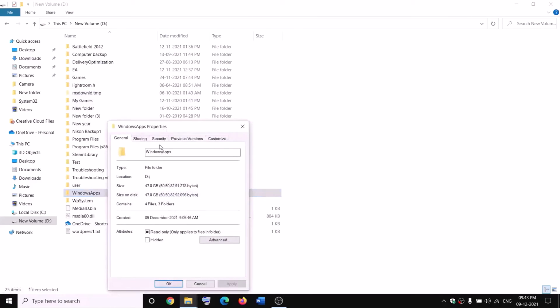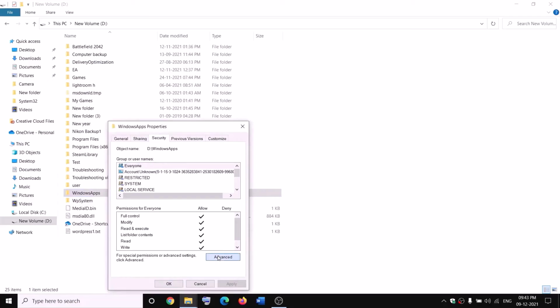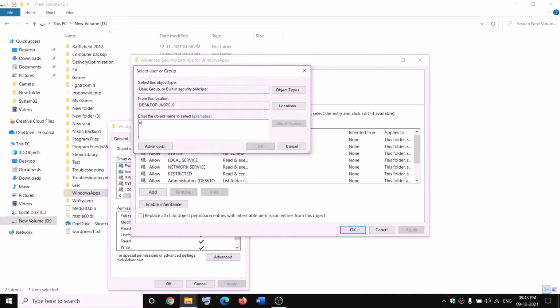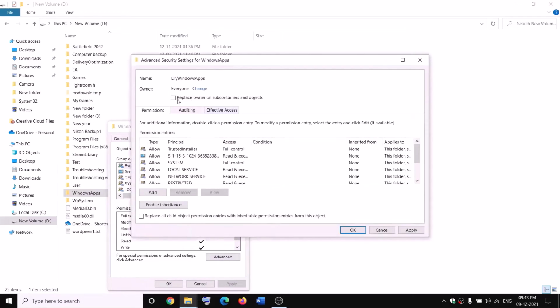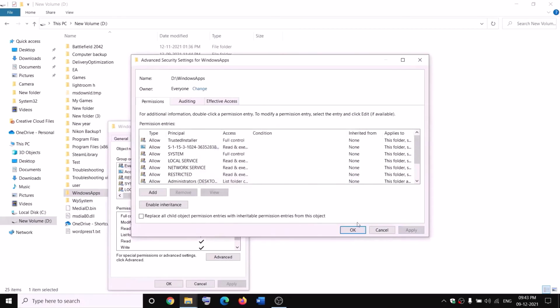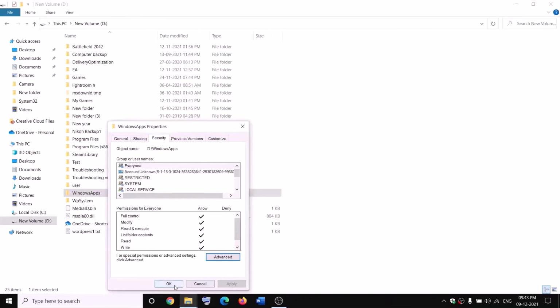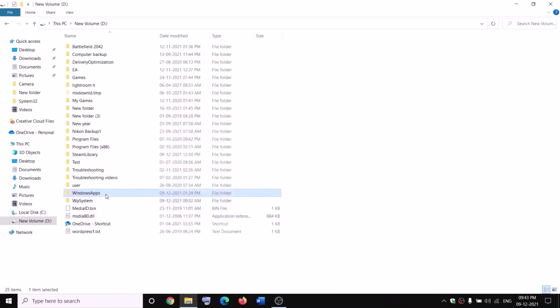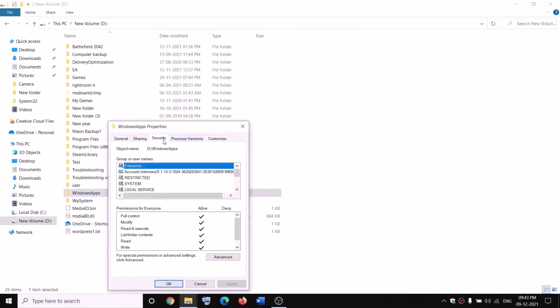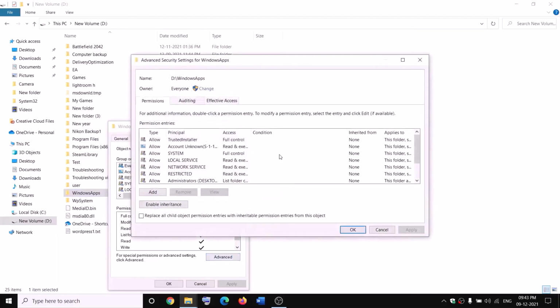properties, go to the Security tab, Advanced. Now click on Change over here, type in Everyone in the box. Now click on Check Names, then click on OK. Now put a check on the box which says Replace owner on subcontainers and objects and then click on Apply. OK, OK, again OK. Again make a right click on Windows apps, select properties, Security tab, Advanced, and this time